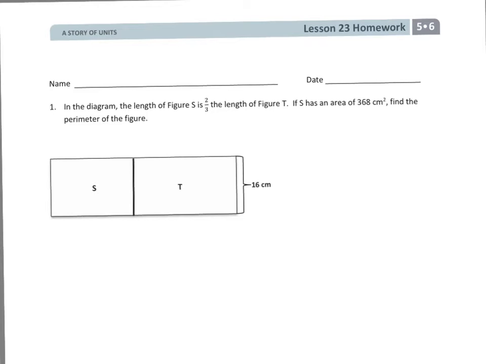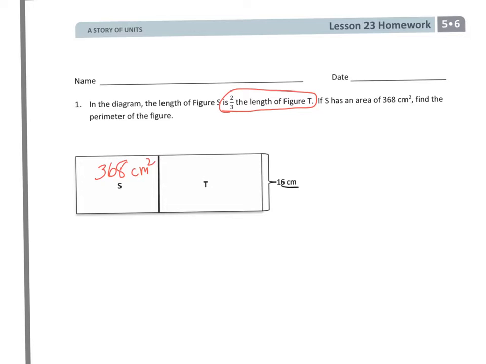Number 1 says, in the diagram, the length of figure S is 2/3 the length of figure T. If S has an area of 368 centimeters squared, find the perimeter of the figure. So I know that S has an area of 368 centimeters squared. And by looking at the diagram, I can see that if this side is 16 centimeters, then this side is 16 centimeters. Now, before I tackle this statement, S is 2/3 the length of T, I got to find the